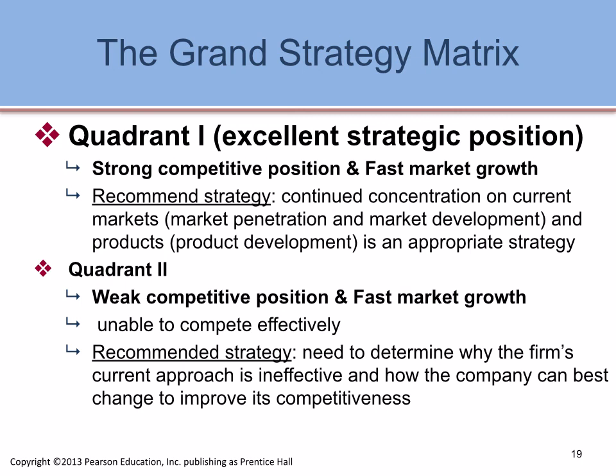Firms located in quadrant 1 of the grand strategy matrix are in an excellent strategic position. For example, they have a strong competitive position in a fast-growing industry. For instance, companies like Apple, Google, Facebook are good examples of the quadrant 1 firm, which have excellent strategic